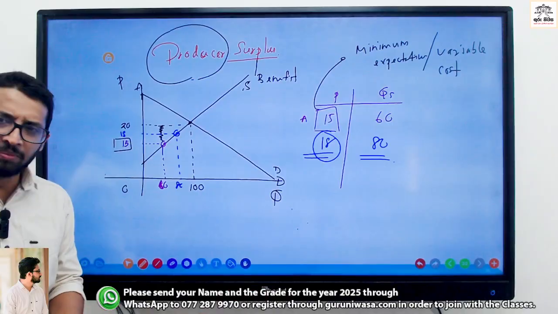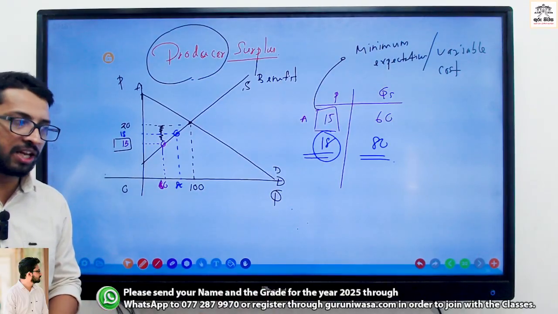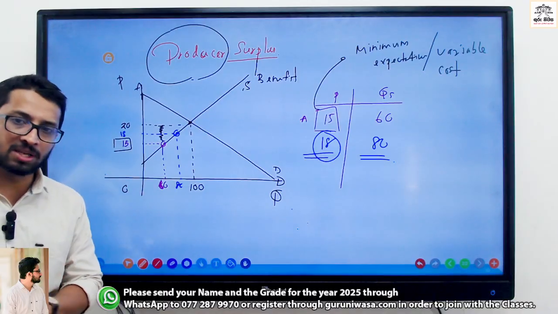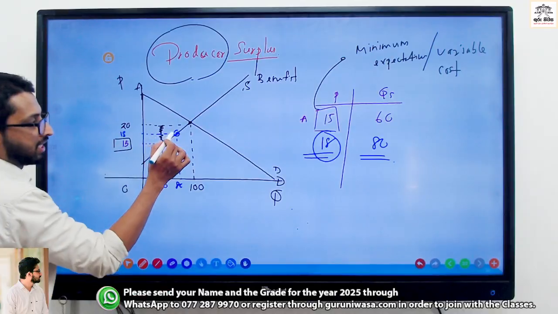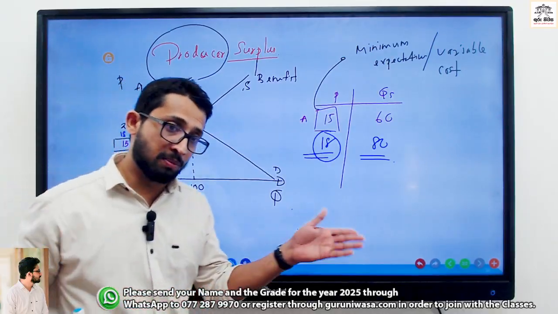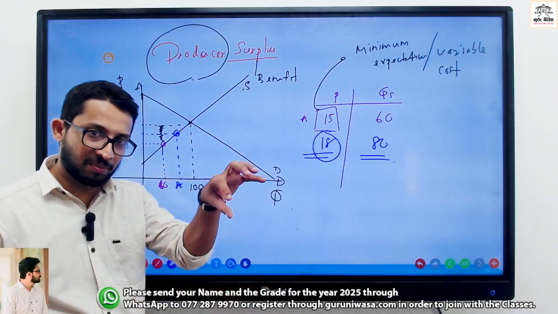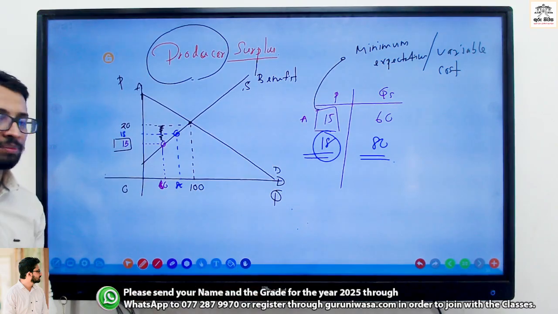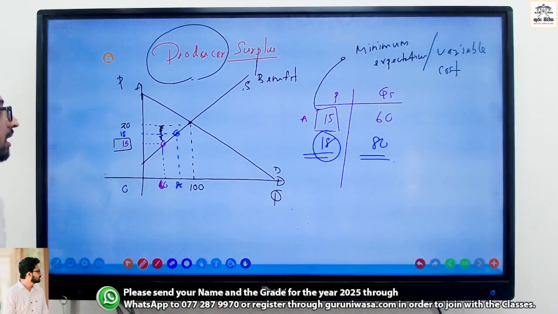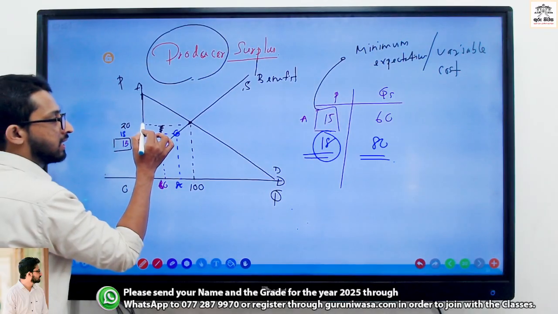They expect a minimum of 18 rupees. If they don't receive 18 rupees, there is no supply at all. So the minimum expectation is 18 rupees, but when they go to the market, the product is being sold at 20 rupees. Does he have a benefit? So remember, this entire triangle